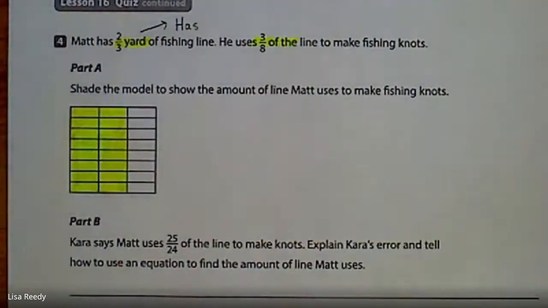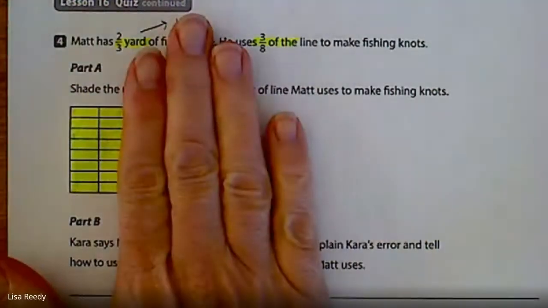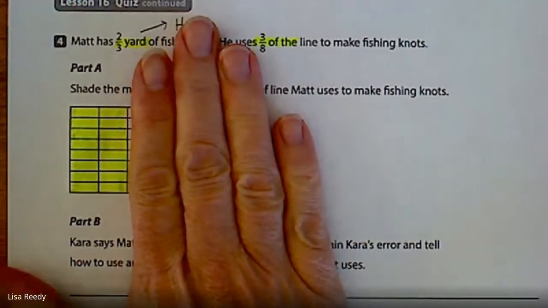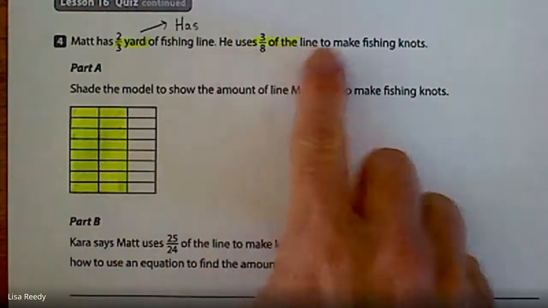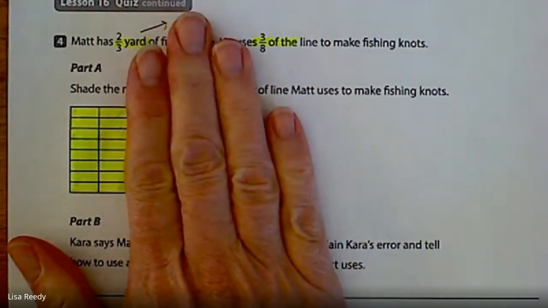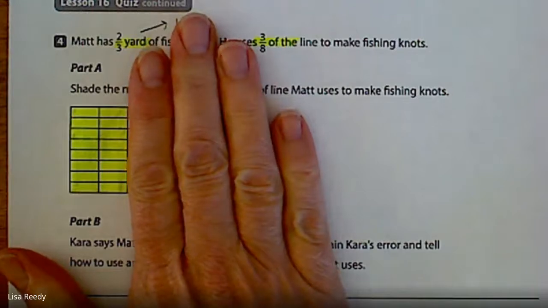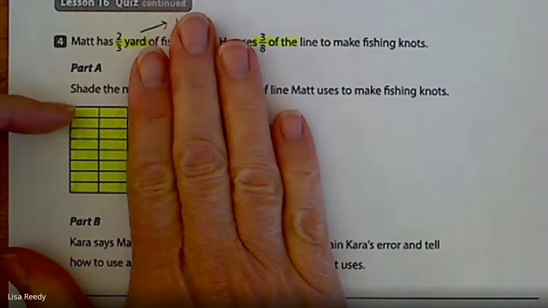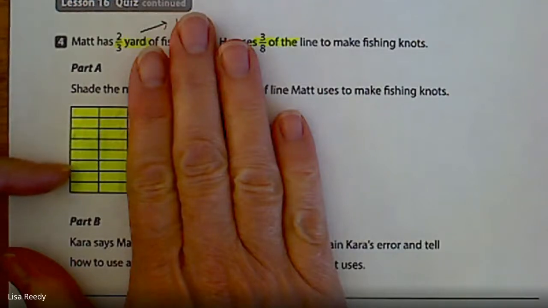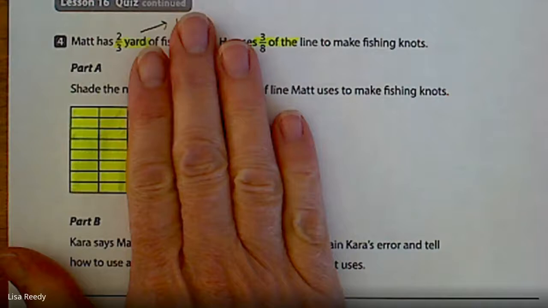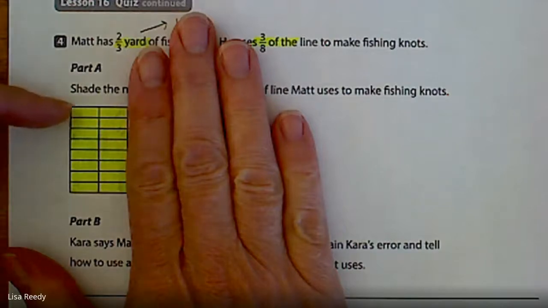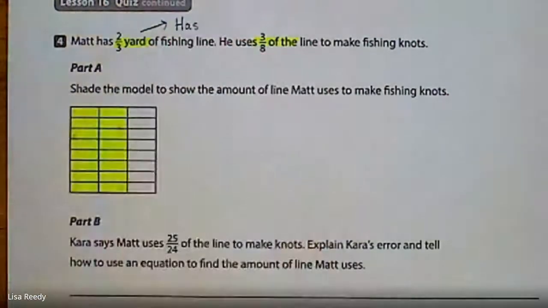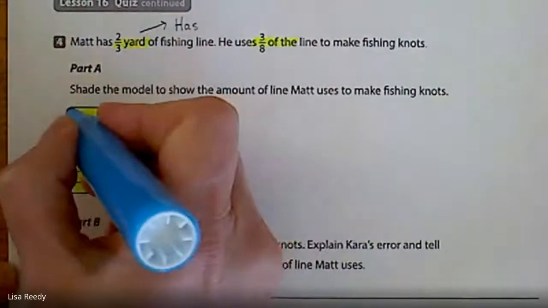They want us to shade the amount that he uses for the fishing nets. So this is how much he has, okay, of the whole. He uses 3/8 of the line to make it. Now, look at what we have here. Here's our 2/3. We have to find 3/8 of that. So we look, this is divided into eighths. 1, 2, 3, 4, 5, 6, 7, 8. He uses 3/8 of that. So when I look at it, I'm going to shade 1, 2, 3 rows. So when I shade that,